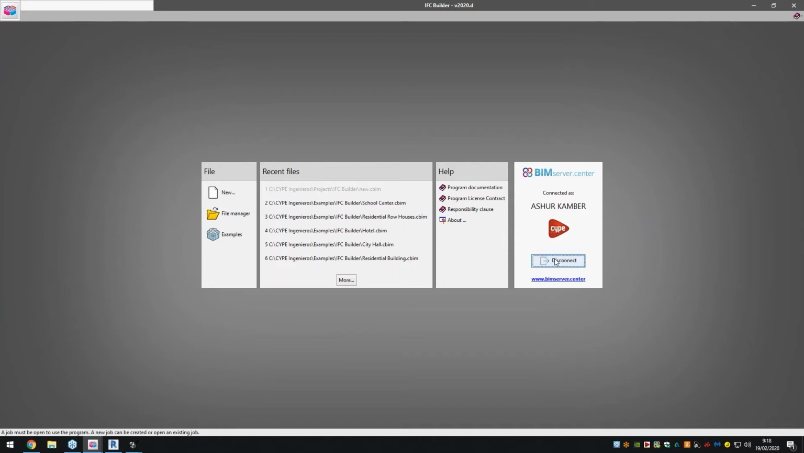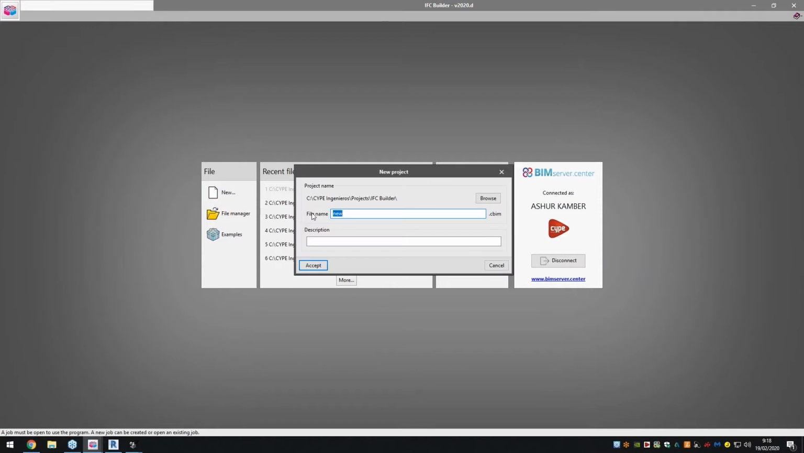So what I can do is disconnect here, and you can see all I need to do is log in with the same login that I have on the BIM Server Center. And once I've connected, you can see that connection's been made, and I can move forward with the project. So what I'm going to do now is create a new project. Let's call this